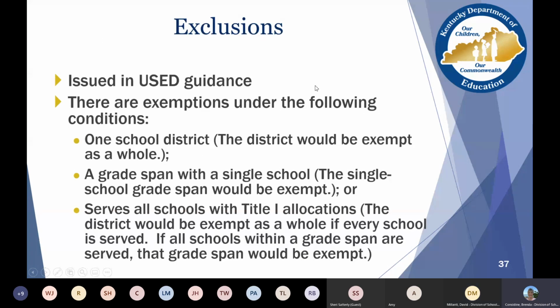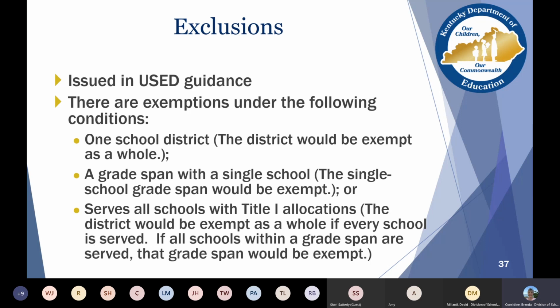All right. So some exclusions from this would be that you would not have to have that protocol established if you were one school district. So you would be exempt as a whole. So you are a K through 12 school district. If you have a grade span with a single school, that single school grade span would be exempt.